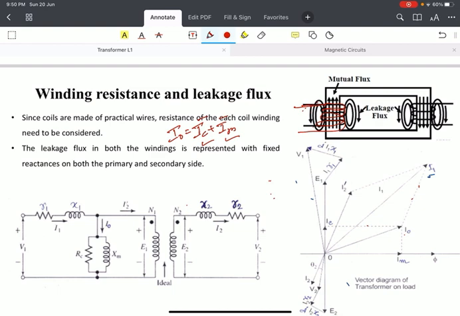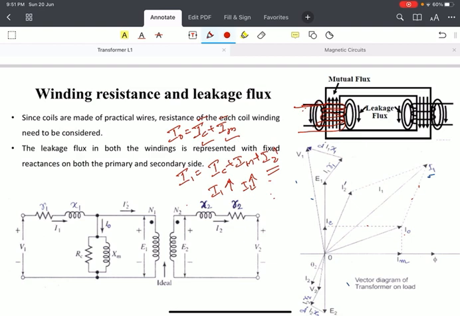When no load is applied, the secondary current will be zero. When a load is applied to the transformer secondary, I1, the primary current, will be equal to IC plus Im plus I2 dash, the equivalent primary current drawn from the source in order to maintain the constant magnetic flux in the magnetic core. Therefore, when there is a load applied to the transformer, the current in the primary will increase. Similarly, current in the secondary will also increase. I1 will increase, I2 will increase.